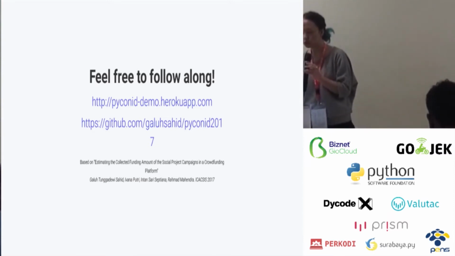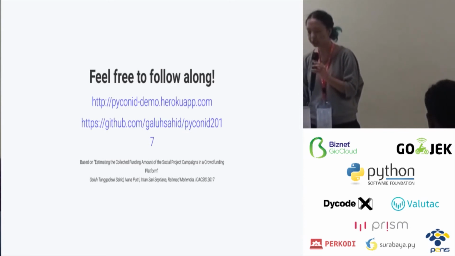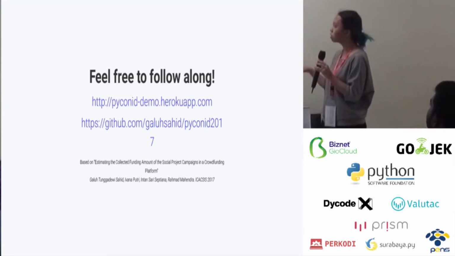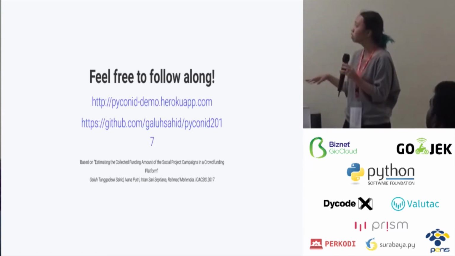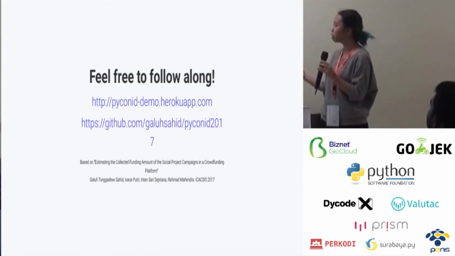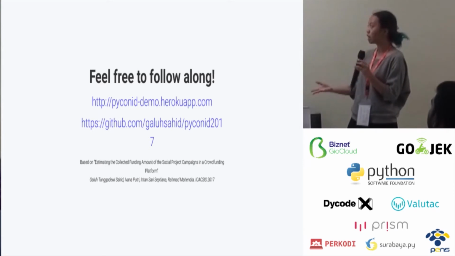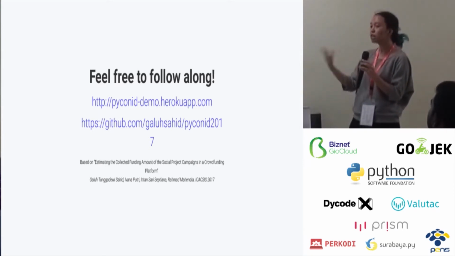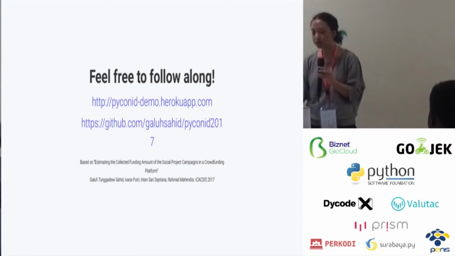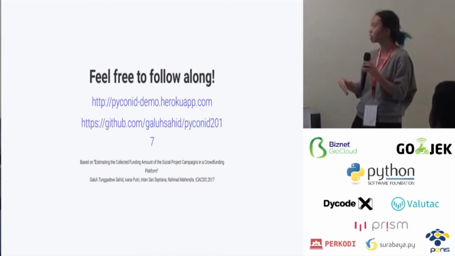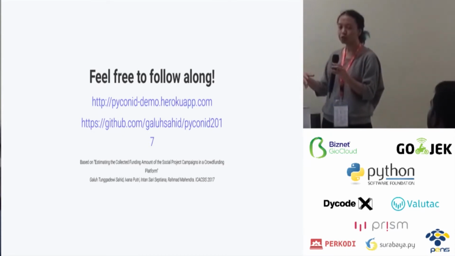So what I'll be showing you today is an application that I've built for a paper that I submitted with my friends and my lecturer to a conference previously. Basically, we try to estimate the collective funding amount of social project campaigns from a crowdfunding platform. So let's say that you can link to a website, for example, this campaign. You probably know www.com, it's a crowdfunding website. Given the link to the campaign, we can see